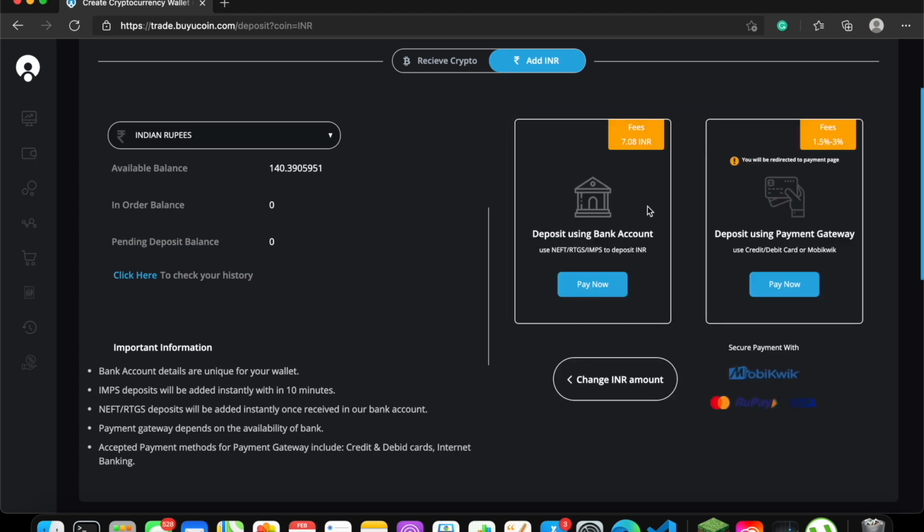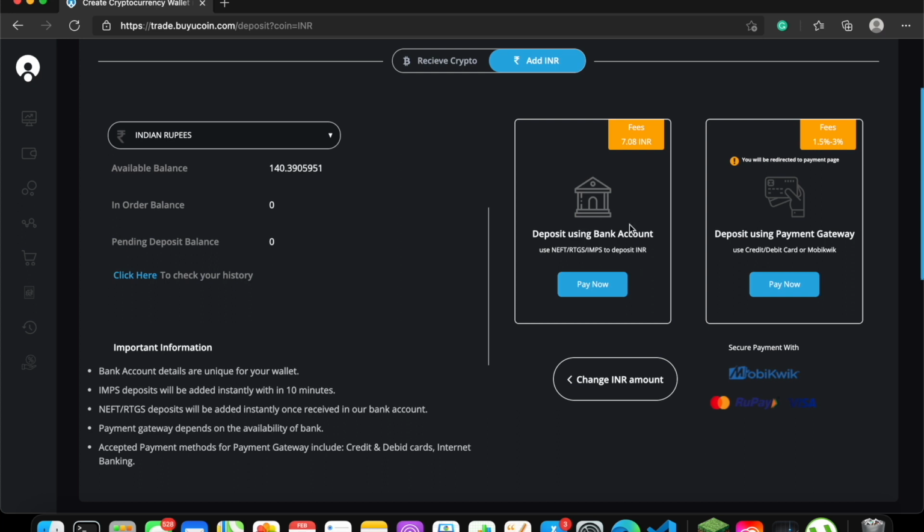Once you click on add funds, it will show you two options: deposit using your bank account or deposit using a payment gateway. For the payment gateway, it only accepts MobiWik. When it comes to deposit using your bank account, it will provide you a virtual account that you need to add to your bank account, and then you can send money using it.